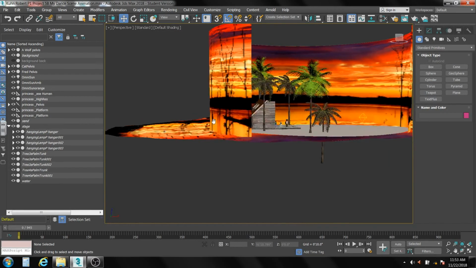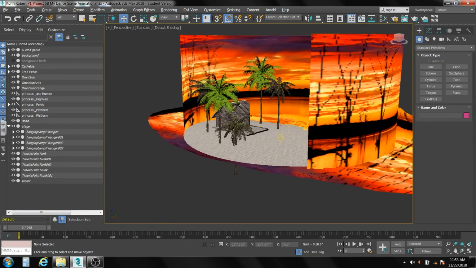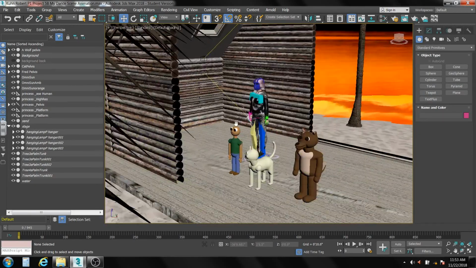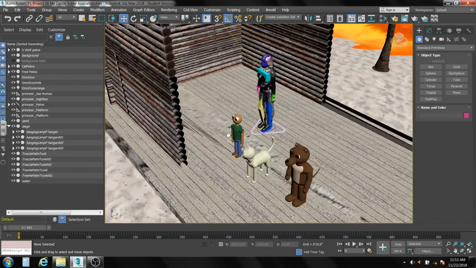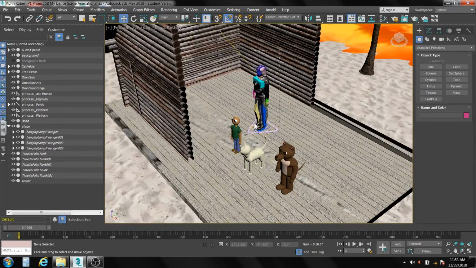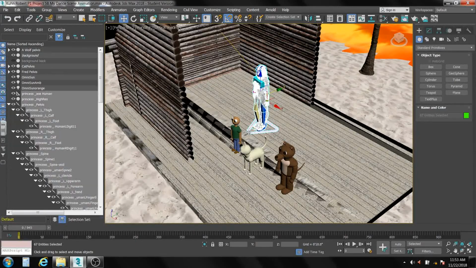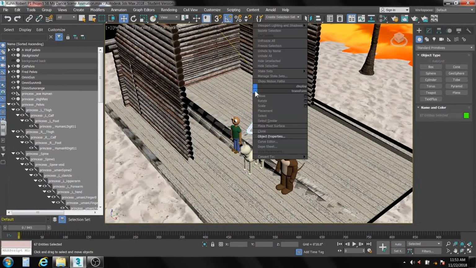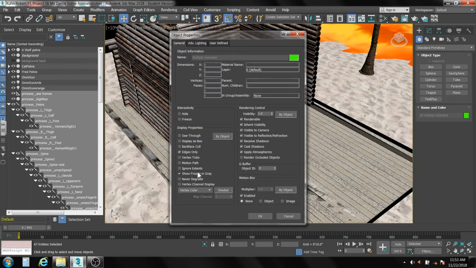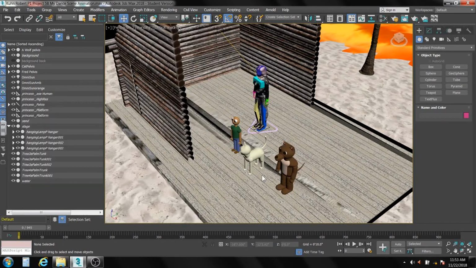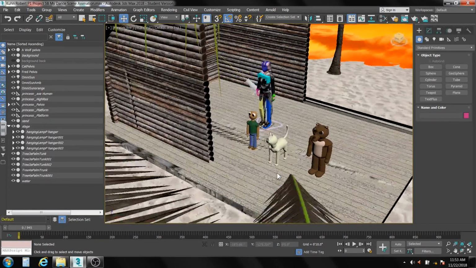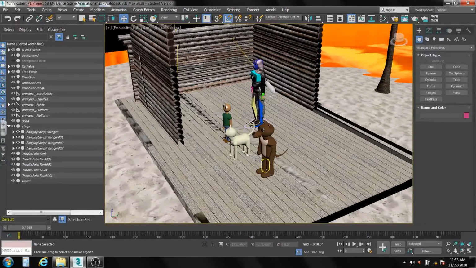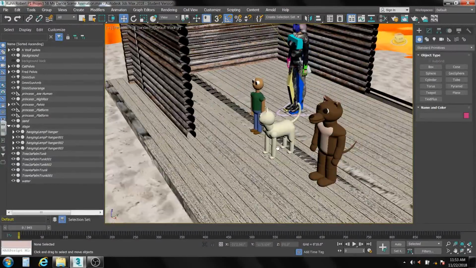Oh, let's go back to perspective, because we're not going to mess with her right now, just with the blockies. I'll grab all of her and right click, object properties, and freeze. Clicked off my show frozen in gray. Okay. Now let's see, looking at the relative size of these things, they're kind of cute, but relative to her,